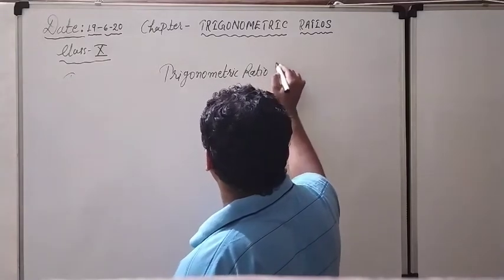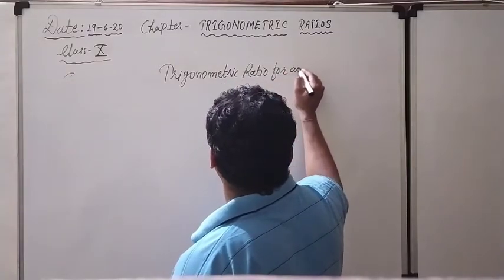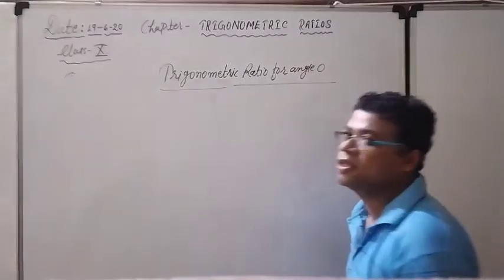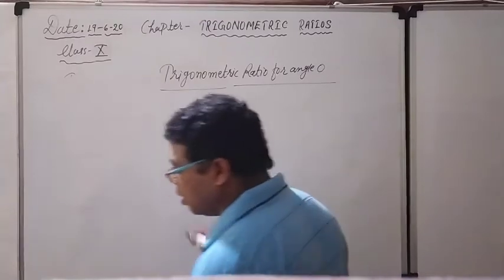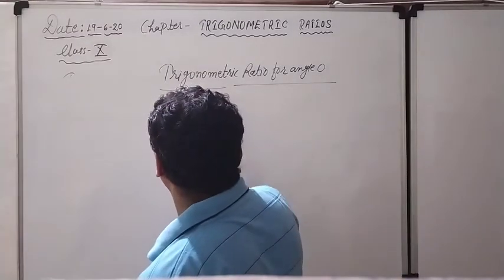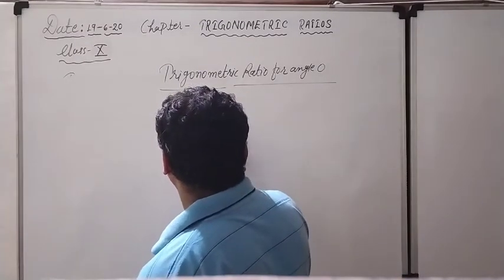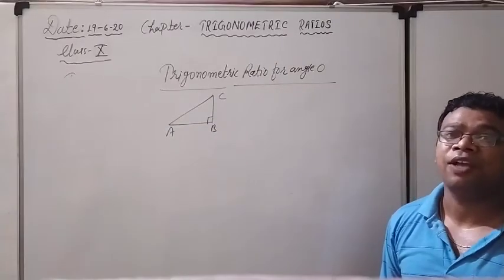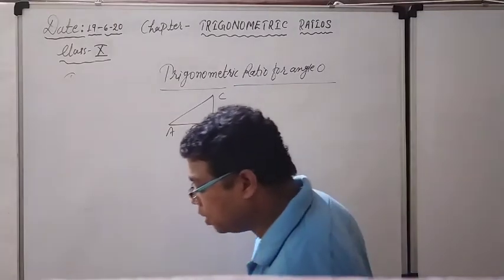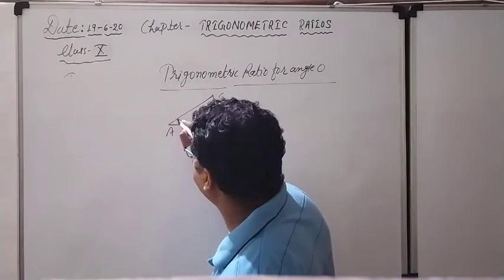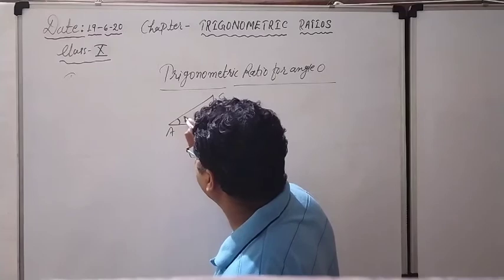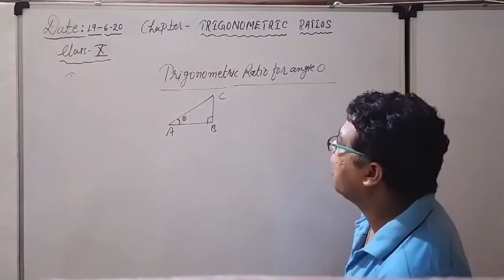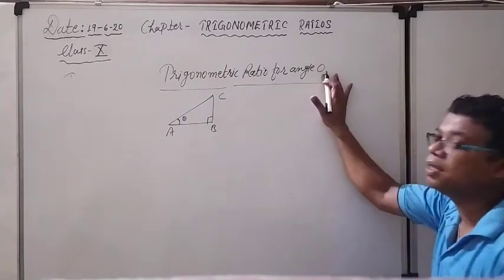Trigonometric ratio for angle 0. How to find out trigonometric ratios for angle 0? For this I am giving you the short thing. Look here, for example, this is the right angle triangle at B, A, B and C. This is my right angle triangle, and actually I have to go for 0. And right now I am going to represent this angle equal to theta. This angle A is equal to theta, and actually I have to go for the angle 0.